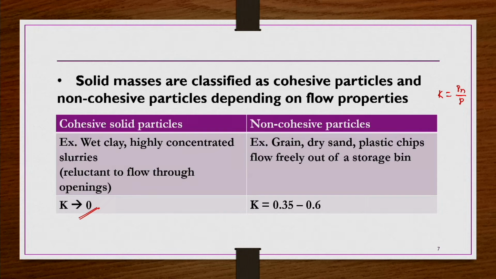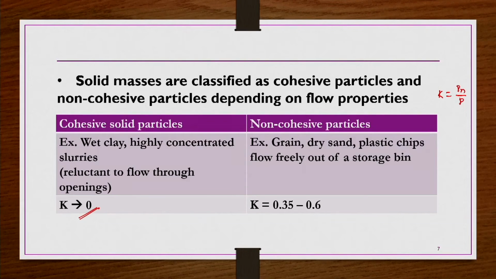The ratio between the normal pressure and the applied pressure is going to be 0. That is, the pressure is not going to be distributed in all directions. Especially in the normal direction, when you apply the pressure here, the pressure may be distributed in other directions, like with this angle or this angle, but in the normal direction the pressure may not be generated or distributed. So that ratio, K, would be small or close to 0 for this kind of cohesive solid particles.